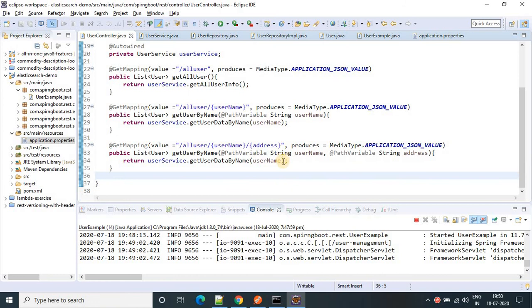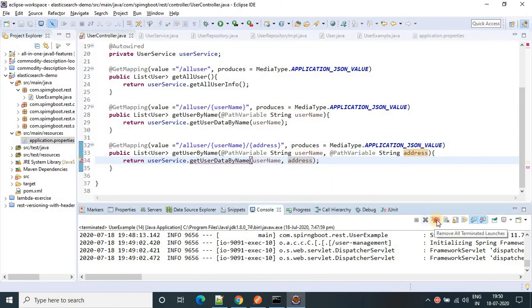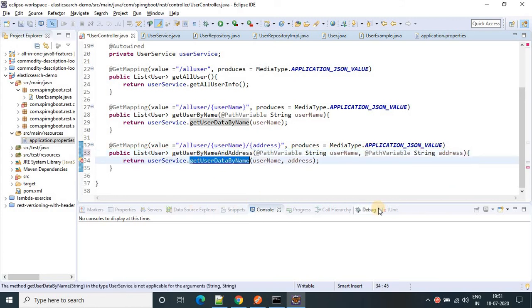And here we have to pass both name and address. Create the method, and name it get user data by name and address.